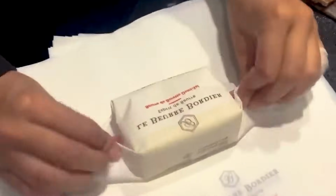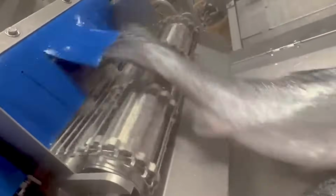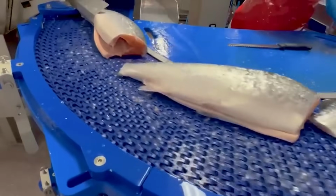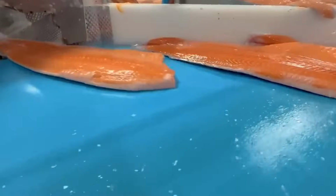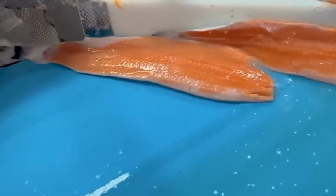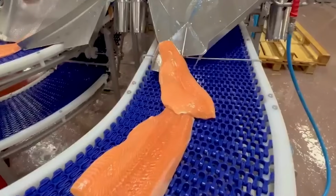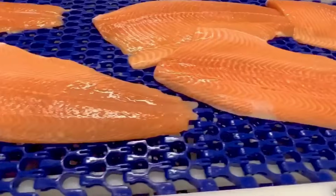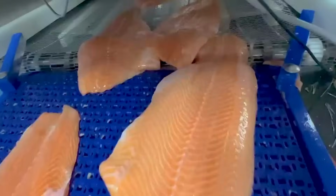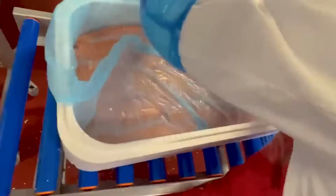Meanwhile, these factories are part of a vast global seafood supply chain, with fish arriving from every ocean and region imaginable. After landing, the fish are quickly chilled and transported to facilities equipped with specialized machines for cutting, filleting, and deboning. It's a dance of precision. Each fish is handled with care to preserve texture and flavor while minimizing waste. Quality control teams are constantly checking for consistency, ensuring that the final product meets international standards before it's sent off to grocery stores and restaurants. It's a seamless operation that brings the oceans